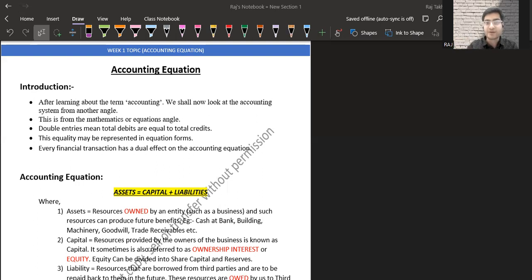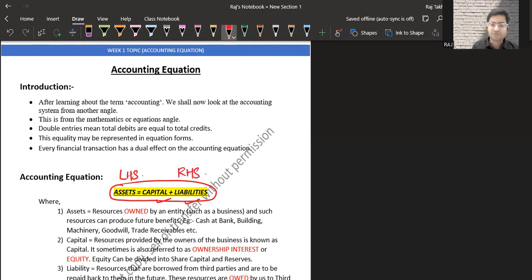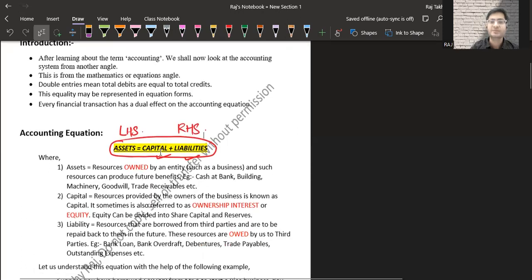Now what I am trying to say is, let us try to understand this with the help of the equation given in front of us. So in accounting equation, we have been given this kind of equation. Our subject provides us with an equation that has assets on the left hand side and the sum total of capital plus liabilities on the right hand side. Now before we dig deeper into this topic, let's look at what we mean by